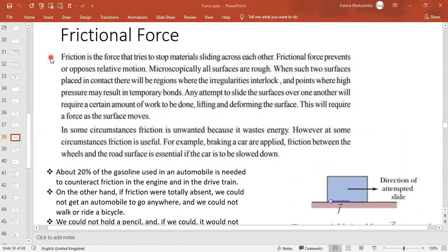Friction is the force that tries to stop materials sliding across each other. With that being said, friction happens only with rough surfaces. Okay, first of all remember that, only with rough surfaces. For example, let's say I'm taking the ground, in the ground with the grass,